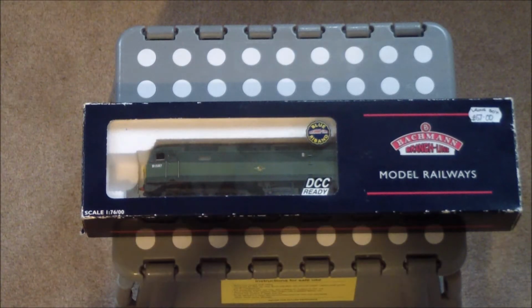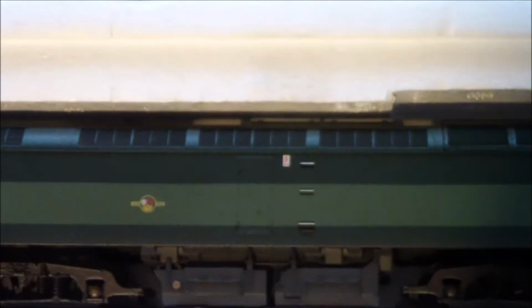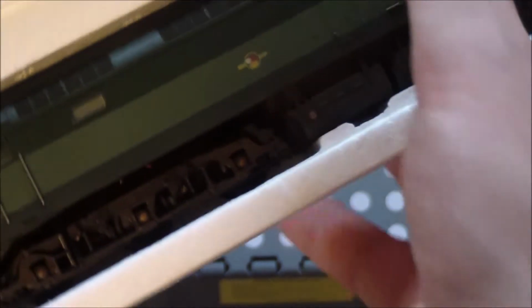So what we're going to do is unbox the locomotive. This is the older style Bachmann packaging with the polystyrene box. So we just lift the flap, we pull out this end, being very gentle, just making sure the flap does not pull off anything, although there isn't much separately fitted detail on the side to speak about. And then just carefully grabbing, there are 2 holes on the back. As you can see, just push the loco out,